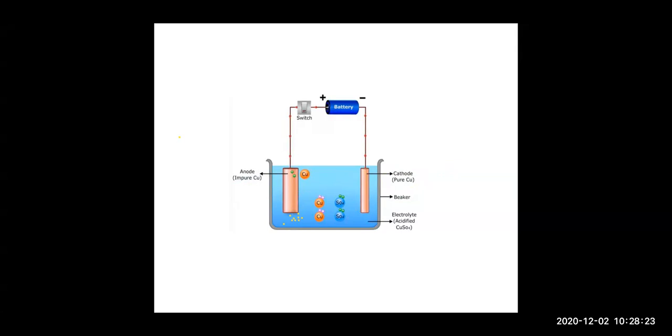copper, here the copper atom leaves the anode, right? It gives 2 electrons and it becomes Cu++. Here the copper comes out as Cu++ because it loses 2 electrons. These green color are what, beta? They are electrons. What did it do? It gave 2 electrons to the anode, and after losing 2 electrons, copper will become copper +2, right? Because it has lost 2 electrons.